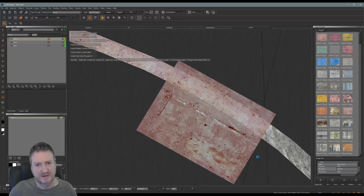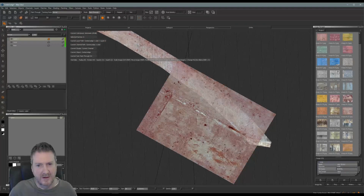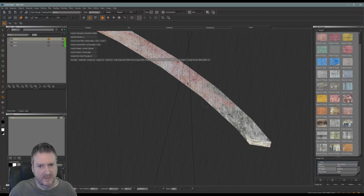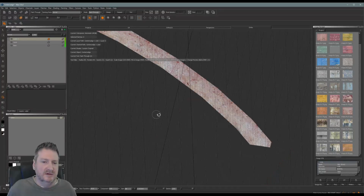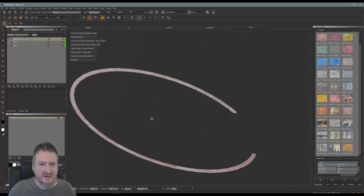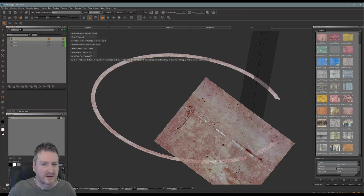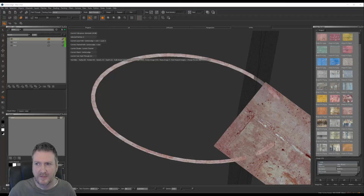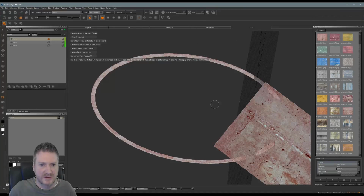Almost back around to the front. Just rotate that around a little bit. A bit on the end here. Break that down. I'll zoom back out again now. Have everything covered. Just going to move that over a bit and save that file. Alright, now